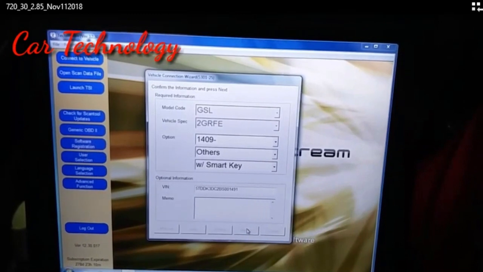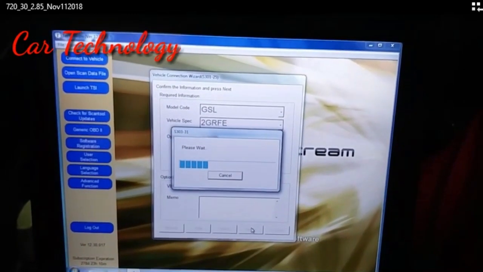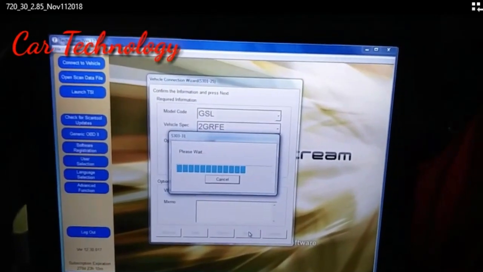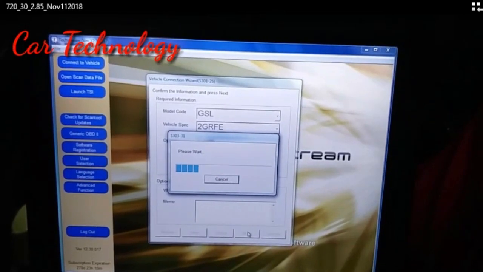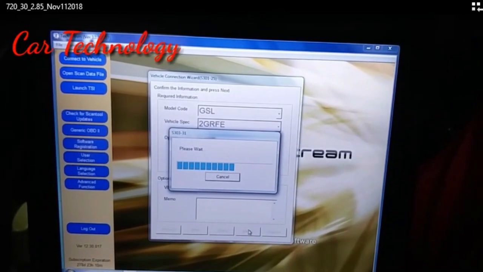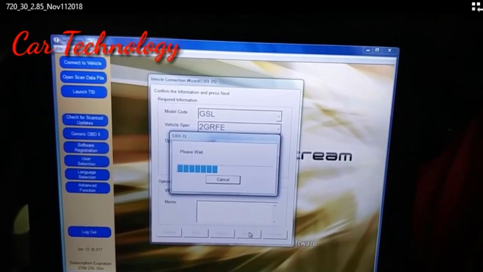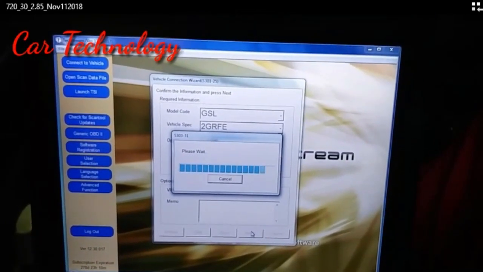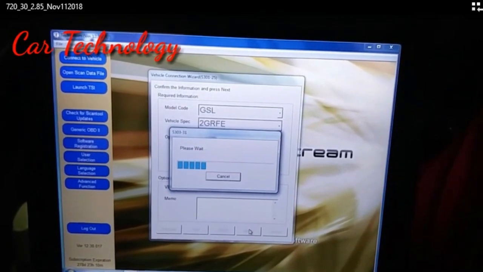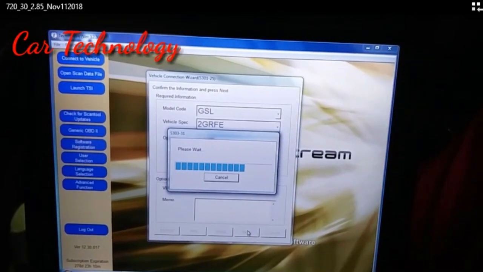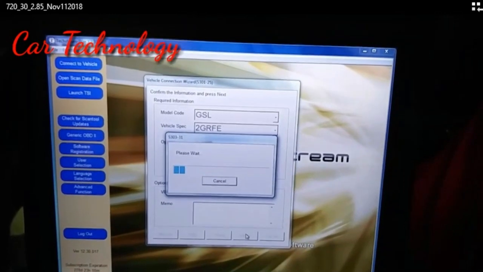Yes, with smart key. Now the program is processing. This is the GTS. You have the software information for checking all Toyota models.